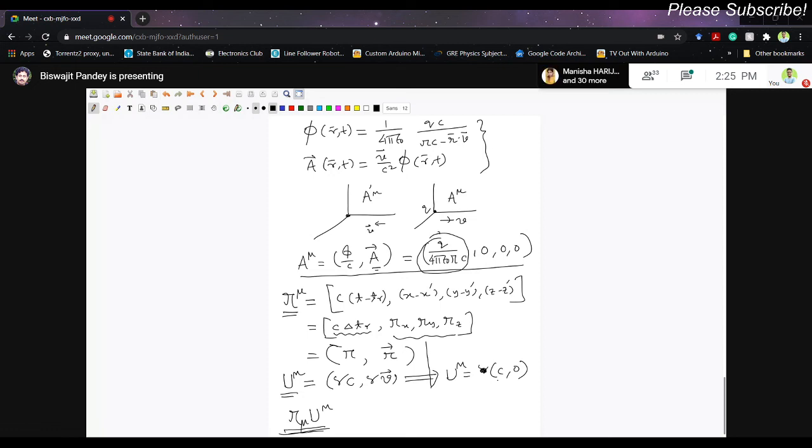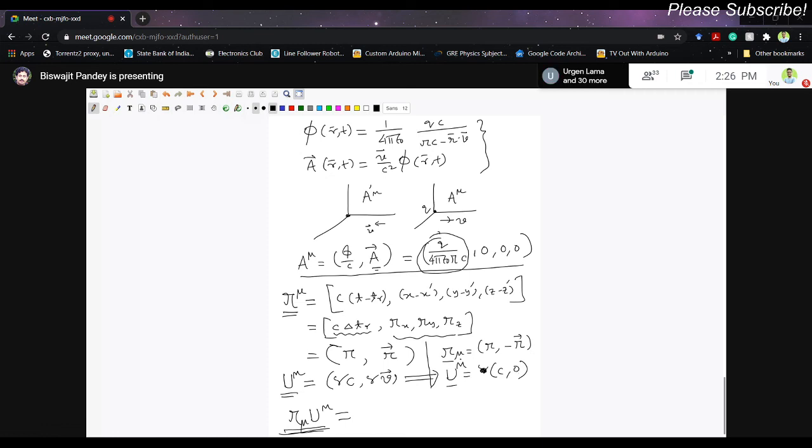And if I ask you to calculate r mu u mu, what will that be in the rest frame of the moving point charge? You already know r mu, right? So what will be r mu? Let me write it. r mu will be curly r, minus curly r vector, right? If I take a dot product between this and this in the frame of the point charge, since this is 0, it doesn't matter whether it's plus or minus. The second term, this product will be 0. Minus rx, minus ry, minus rz will be multiplied with 0. So that will give you 0.